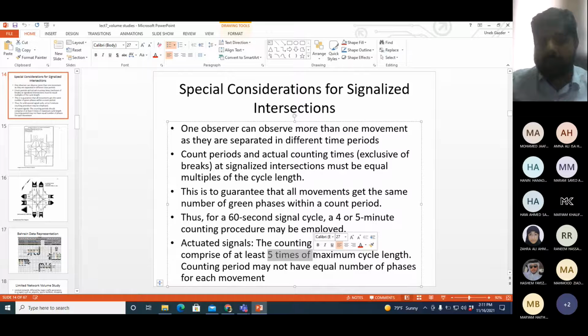Okay, so the problem that some movements will have more green time than the others is not a big issue for actuated signals, because in your observation period, the signal is already making the compensation of giving more time to movements with more volume. Okay, so you don't have to worry about that. The signal will automatically give more time to those movements which have more volume. Okay, so for actuated signals, it is allowed to just take the maximum cycle length, even if the actual cycle length can be lower during the observation period.